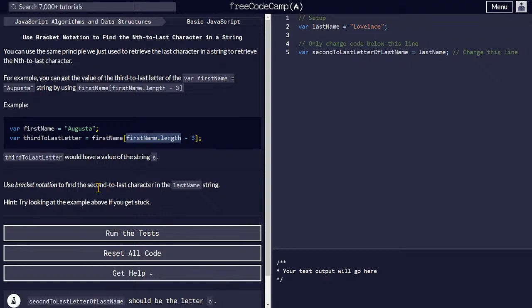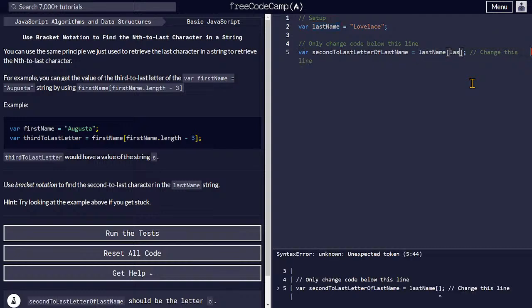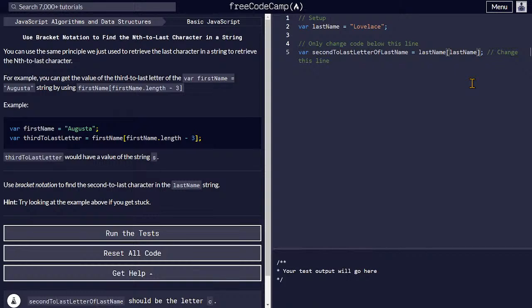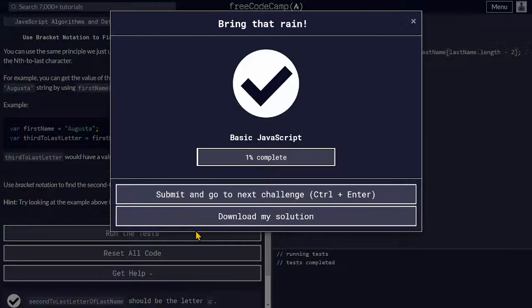Use the bracket notation to get the second to last letter. Second to last letter means second from the last, this is the second C. So how I can get that is last name, and inside of the indexing, last name dot length minus 2, like that. If you run the test,